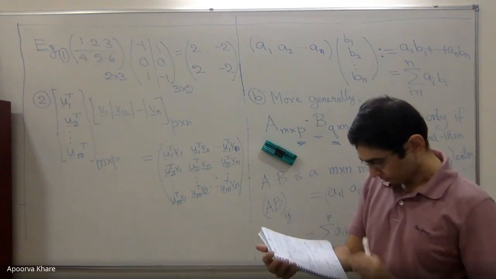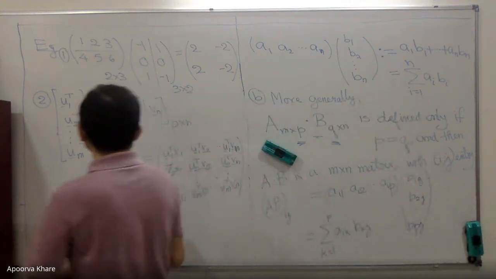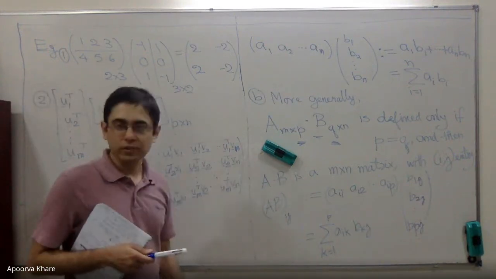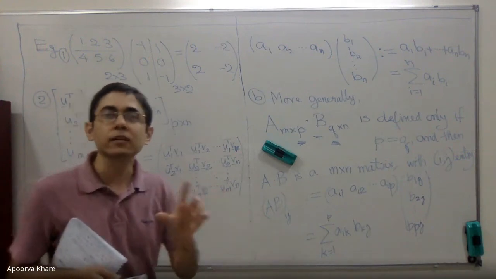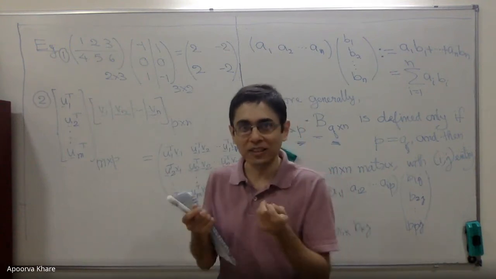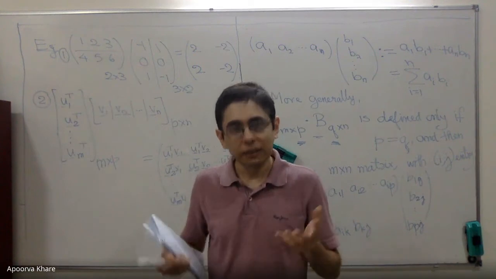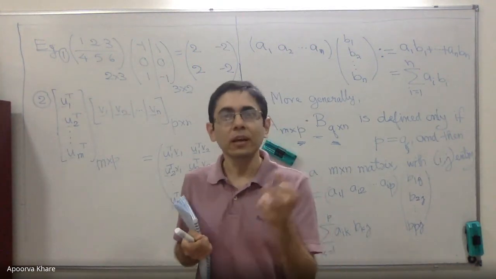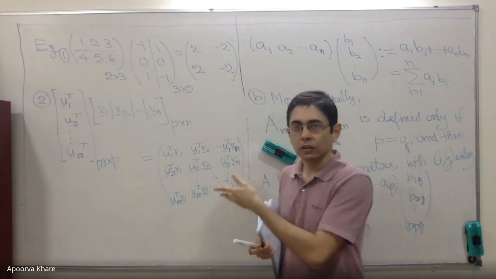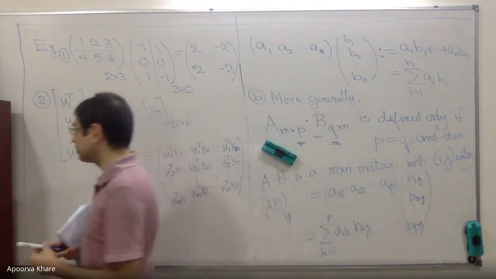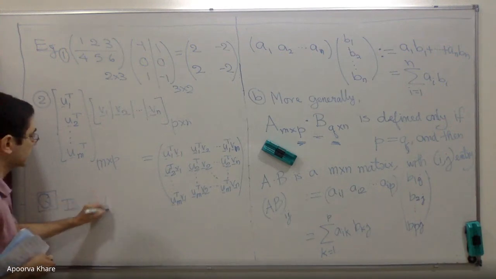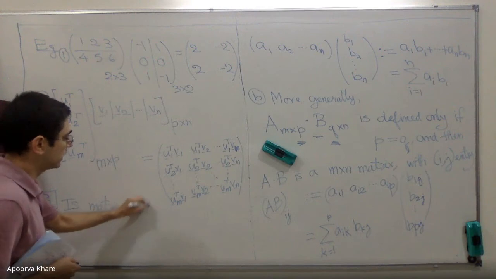Okay. Now the next question, obviously: just like we saw that matrix addition you can do, like A plus B, and that's just adding the matrices entry by entry, position by position, it is pretty obvious that A plus B and B plus A give you the same matrix. Because entry by entry, Aij plus Bij equals Bij plus Aij. Addition is commutative in the field. Now the question is, similarly, does this happen for matrix multiplication? Is matrix multiplication commutative? Of course, wherever defined.